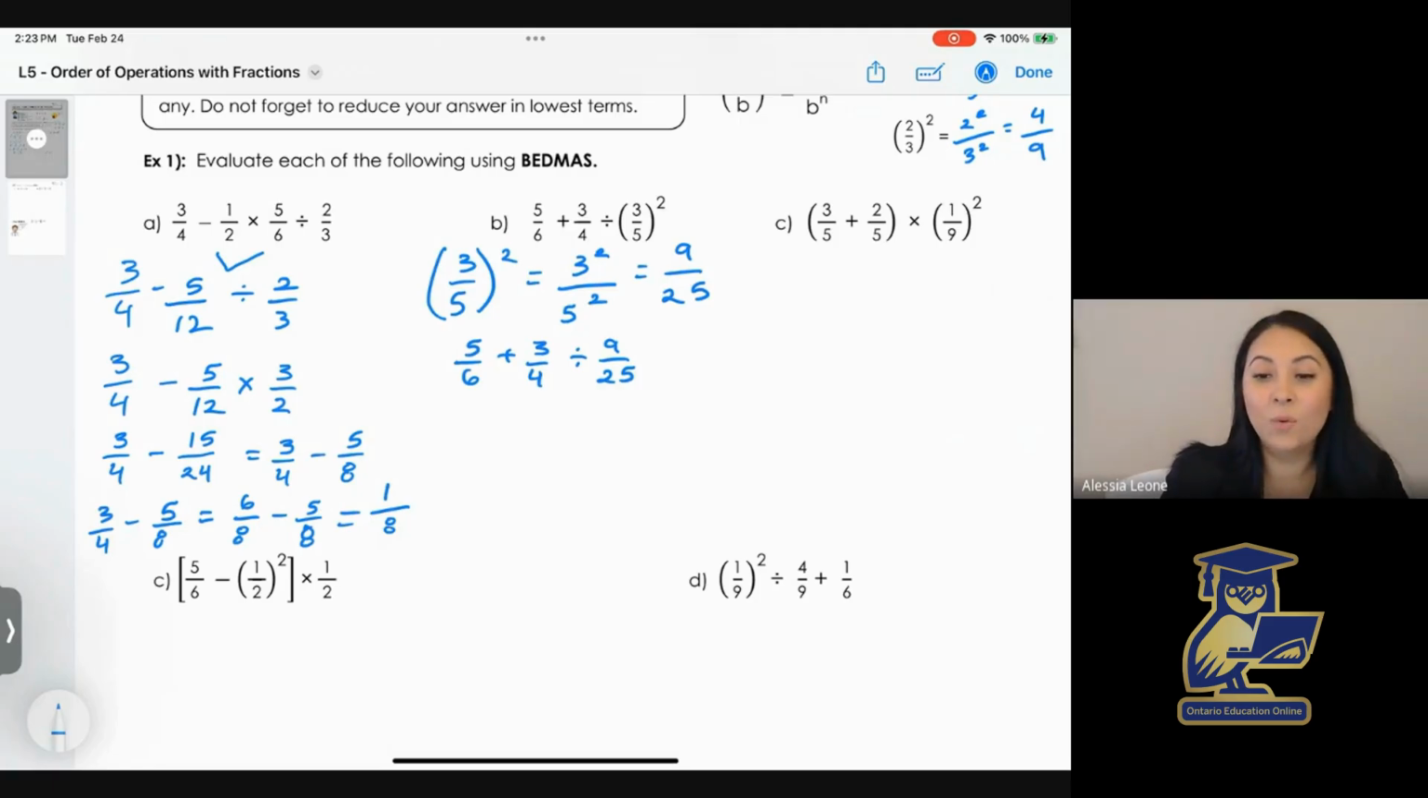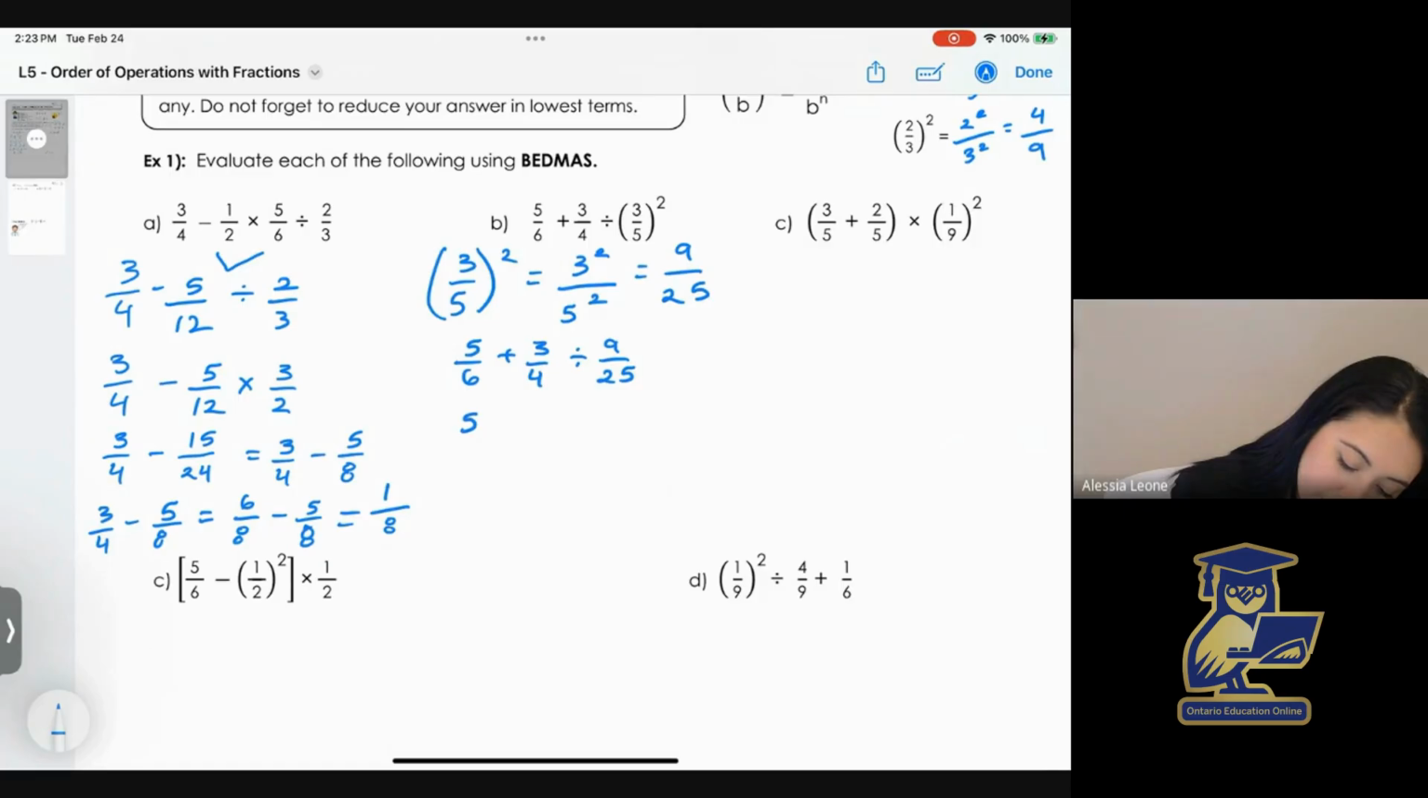And now we can, using BEDMAS, look at our signs. We have addition and division. Which one comes first? Division. So we will do that. So we know to keep our first fraction, flip our second fraction, and multiply. So this becomes